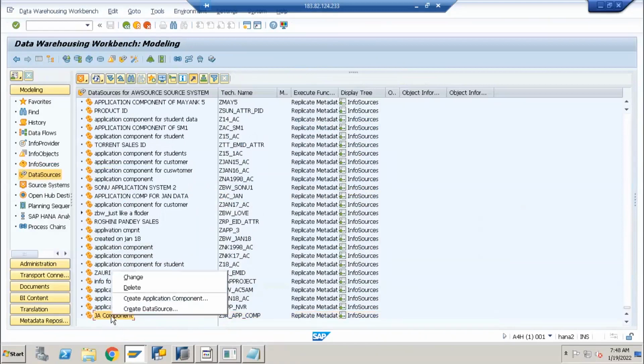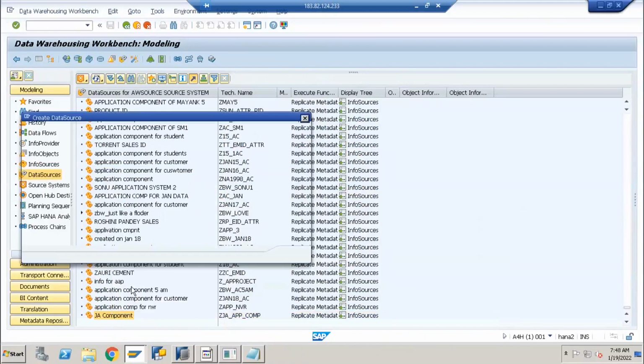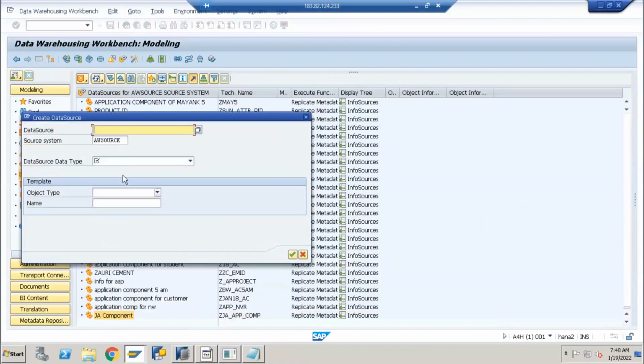Under my application component, I am going to create one data source. Data sources are of how many types here? You see 1, 2, 3, 4, 5 types of data sources we can create. Currently the data I am going to load here is sales data. What kind of data is it? It is transactional data, because day-to-day transactions happen, right? That kind of information it is. That's why when I am creating a data source, I must select transactional data as the data source type.